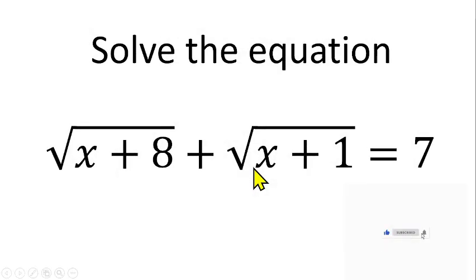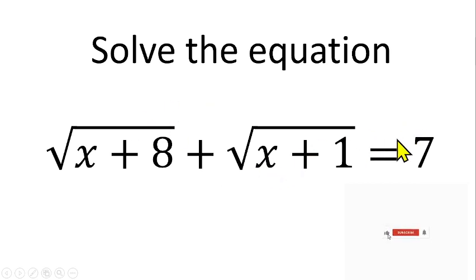Welcome to my channel. In this video, we are going to be solving this irrational equation, the one we are having on the screen right now. We have the square root of x plus 8 plus the square root of x plus 1 equals 7. So we are going to solve this